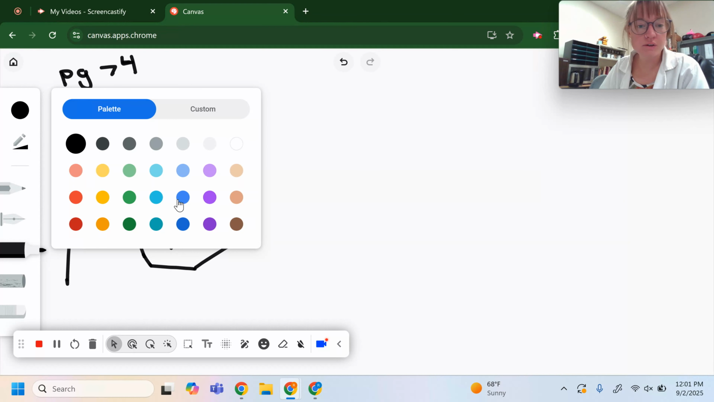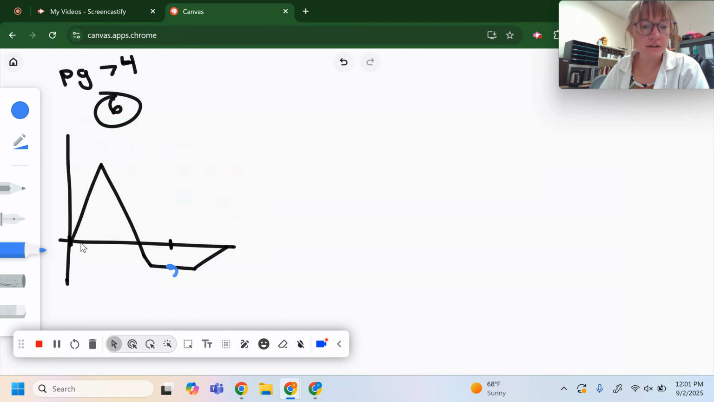Let me show you what I mean here. I'll draw it on here. So if I want to find the average velocity between 0,